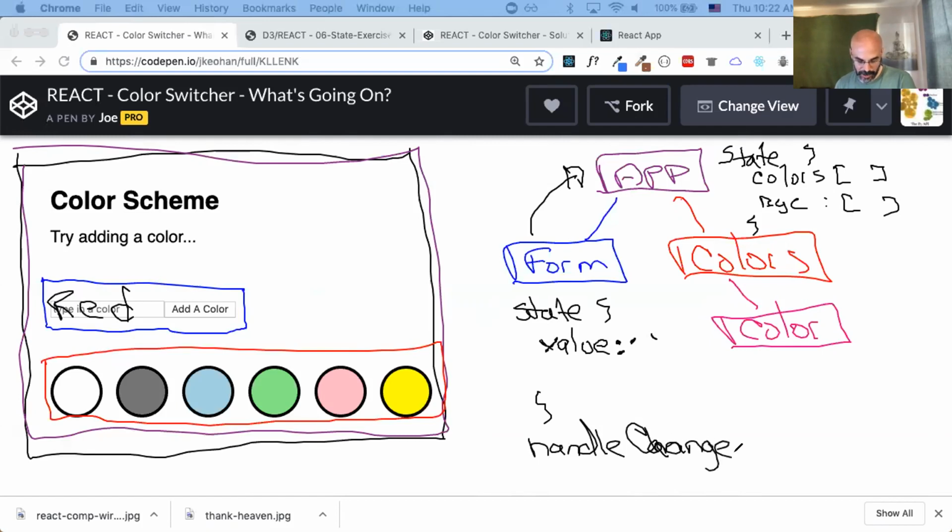This handle change will then set state and grab or set that in. So every time you click in the box and you type, R gets stored here. When you click E, it gets stored here. And when you click D, it gets stored there, correct? Okay. And then we'll have something like, maybe a handle submit,